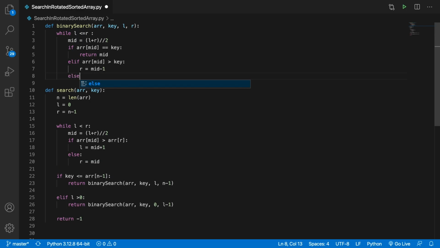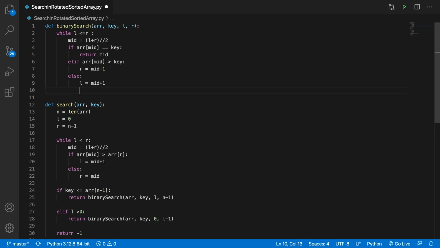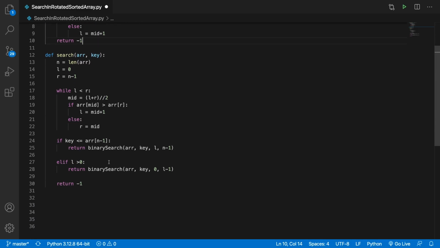And if it is lesser than key, that is in the else condition, I can just apply binary search in the right half of the array, like this, right? And if this particular element is not at all present in the input array, then I can just return -1, right? So that is going to be my binary search function, which I'm going to utilize over here,